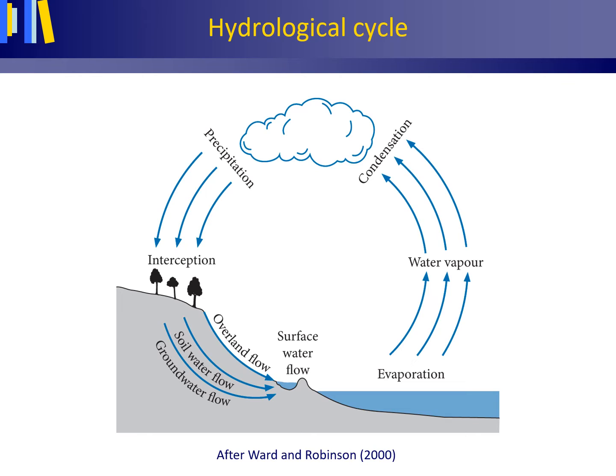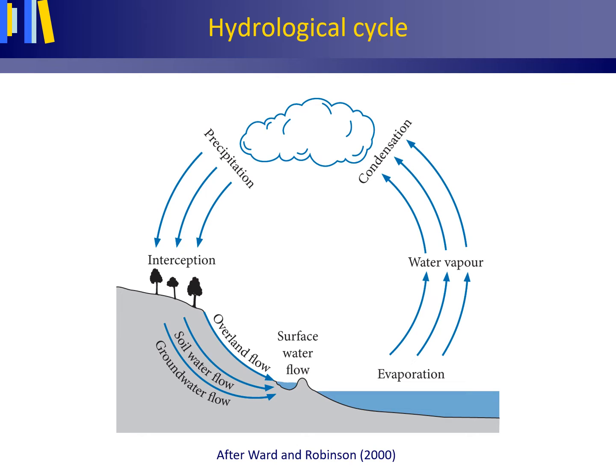Water can become intercepted by vegetation or by buildings, a process which we call interception storage, so the amount of water per unit of time that is stored on vegetation or buildings, and from there it can also evaporate back into the atmosphere, a process we call interception evaporation. So that's the amount of water per unit of time evaporating from these leaves of trees or from these rooftops of the buildings, etc., back into the atmosphere.